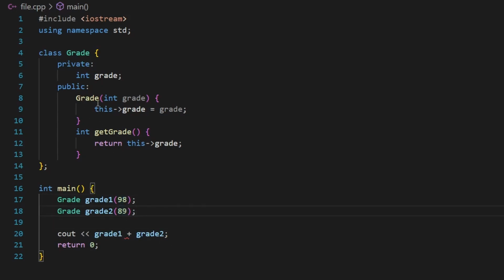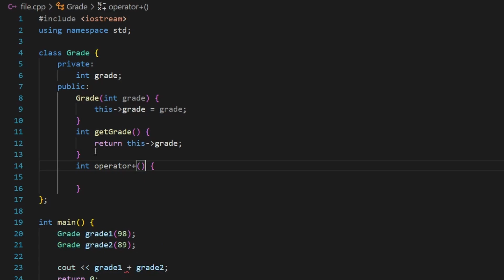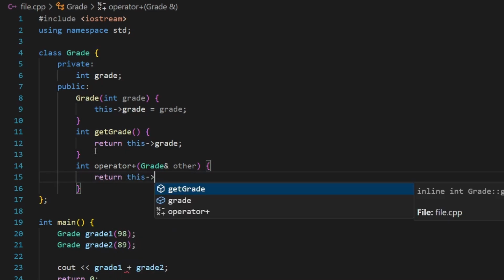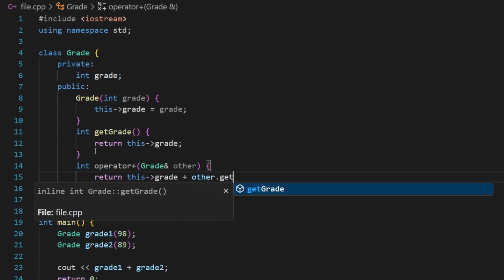So basically I'm going to go inside my class and create a function. This function will have a return type of integer because I'm adding two integers. And this function is called operator plus. This is the function that will overload the plus operator. Now I'm going to pass to this operator function a grade object by reference. I'm going to call it other. What I'm going to say here is return this grade plus other dot get grade, like